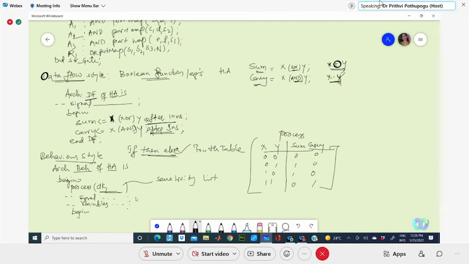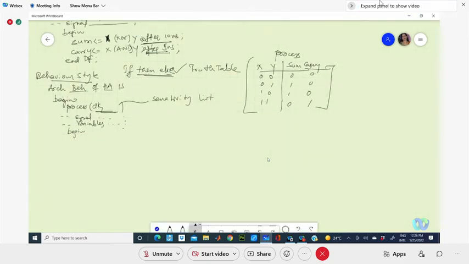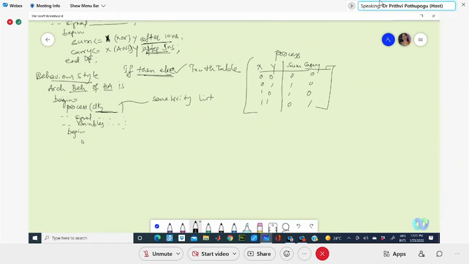Then any declaration of signals or variables, if they are there, will be declared, and after that we need to begin the process. The process means that you are defining the truth table in detail. What you are doing is begin.